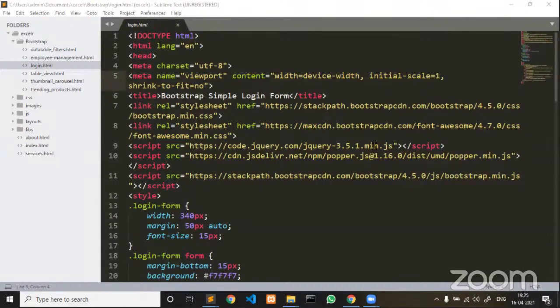These libraries are like Bootstrap, jQuery, Font Awesome, or Popper.js, similar kinds of popular libraries. Many service providers give them as a free benefit, guys. CDN generally stands for Content Delivery Network. Those are supercomputers. Now, if you see line number 7, I loaded my Bootstrap 4.x, which is a stable version, directly from stackpath.bootstrapcdn.com.